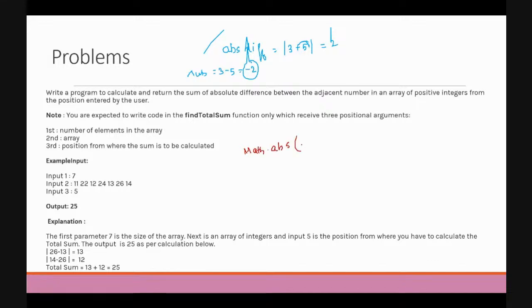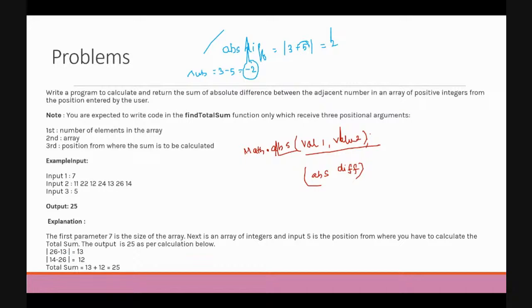I need to pass value 1, comma, value 2. It could be even array values, whatever it is. Math.abs takes two parameters and this will result in the absolute difference.